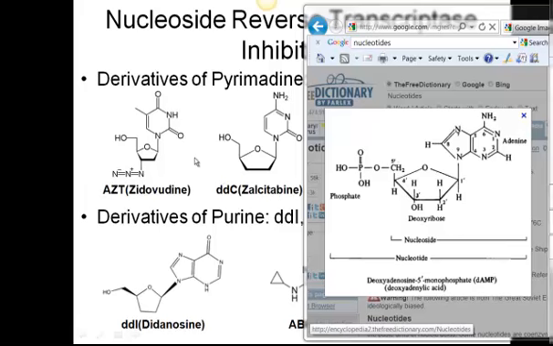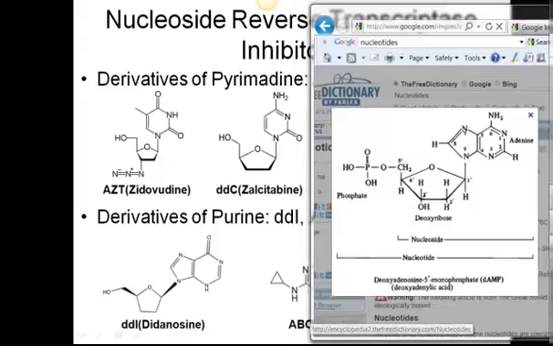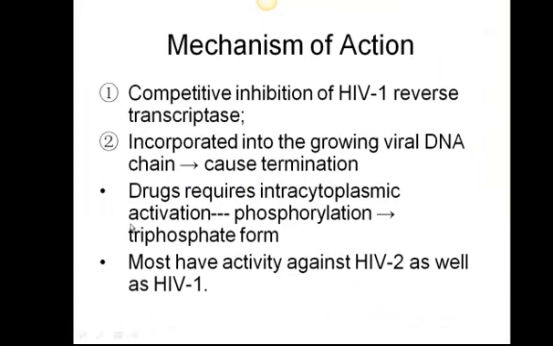So these guys have to be activated into the phosphate form so that they can be incorporated into the growing DNA molecule. And they actually need to be the triphosphate form to be incorporated. So they need to have 3 phosphate groups extended here. When they get incorporated, 2 are cleaved off during the reaction. They release the energy that's required to link this to the next nucleotide in the growing chain. So that's why they require activation within the cytoplasm.